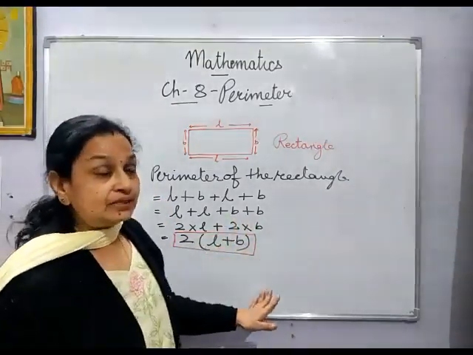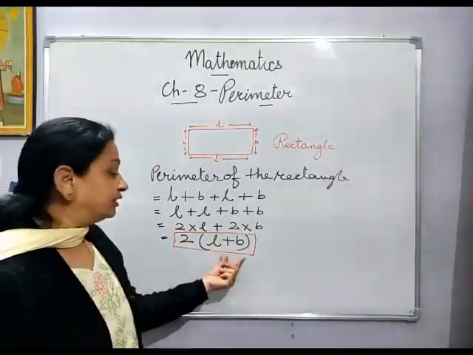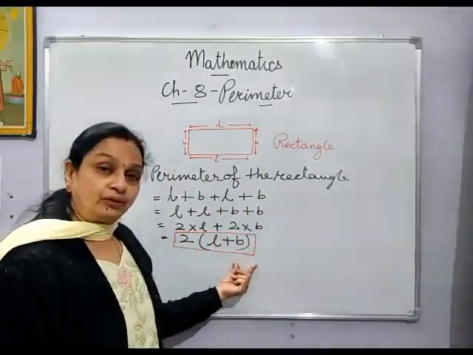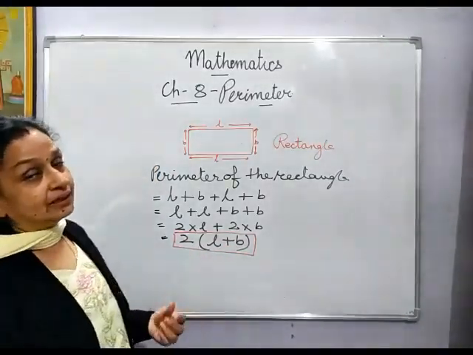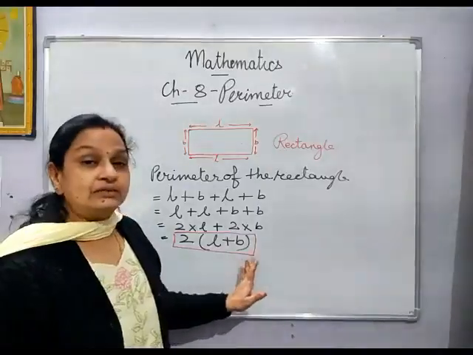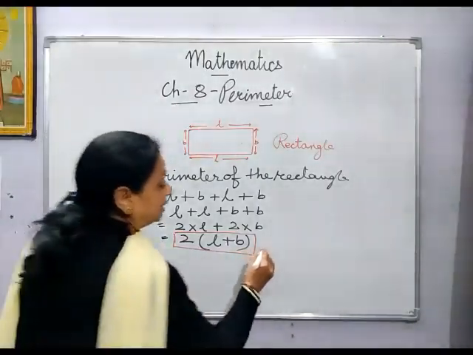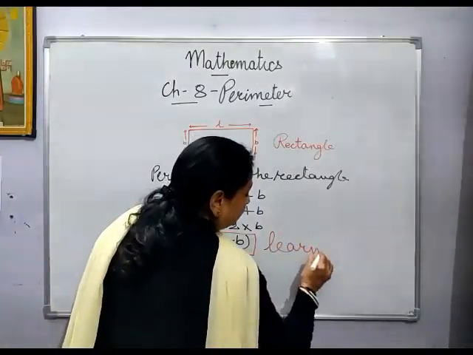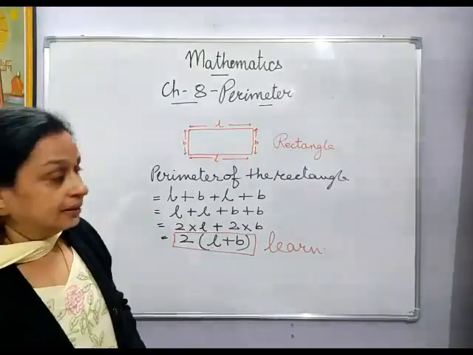Now whenever there is a sum where you have to calculate the perimeter of a rectangle, you will simply put the values of length and breadth over here. You will first add them and then multiply, and you get the answer. We will definitely explain, you will come to know when we do the exercise. But you have to learn this formula for the perimeter of a rectangle.